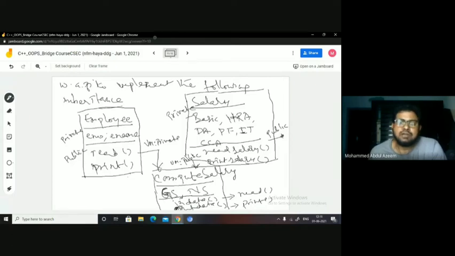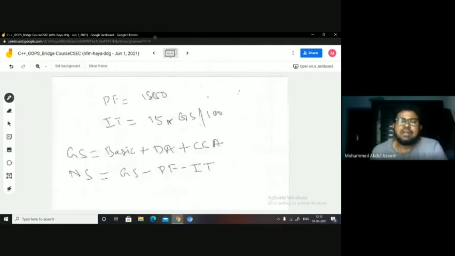But when I am trying to inherit the salary class here at compute salary, you can see I should be able to inherit either publicly or protectedly, because I need these members to be made available directly here in this function. Okay, if I inherit privately, what happens? They are not accessible here. So if I inherit publicly, they are accessible with private scope. So in that case, I can access this here in the out data function, and then I can calculate the gross salary and net salary with the help of this particular formula. Yes or no?